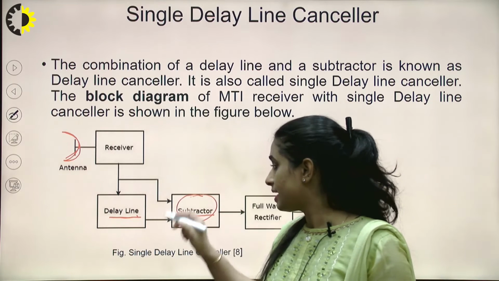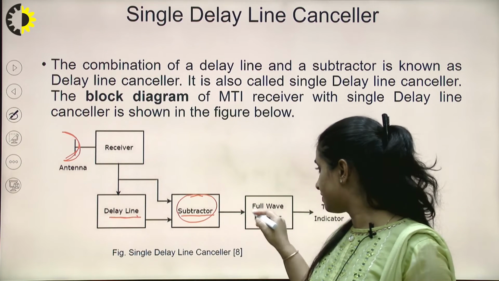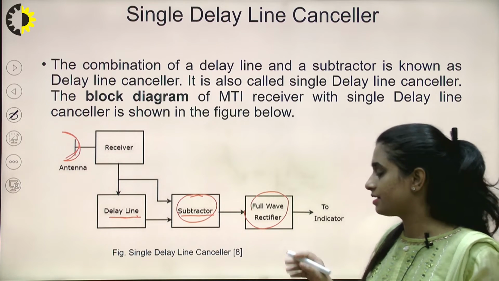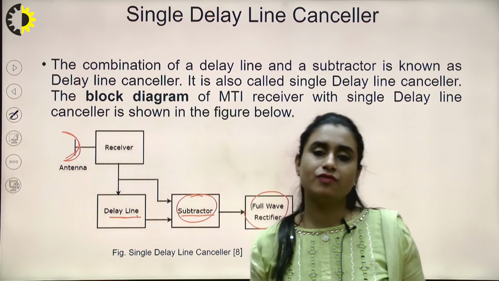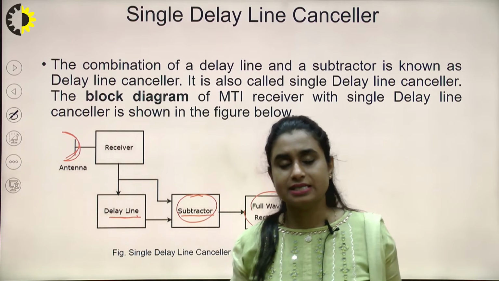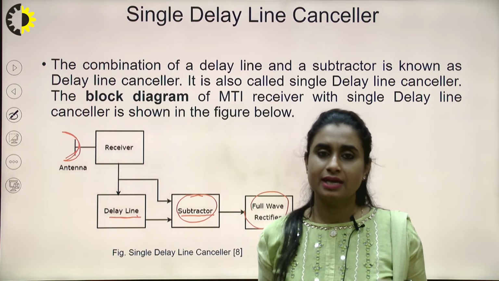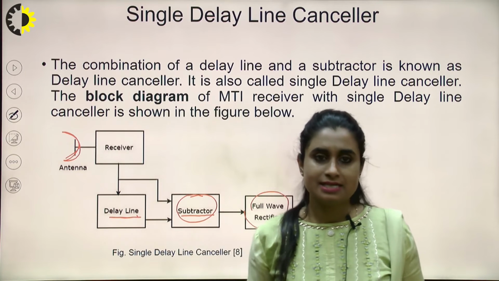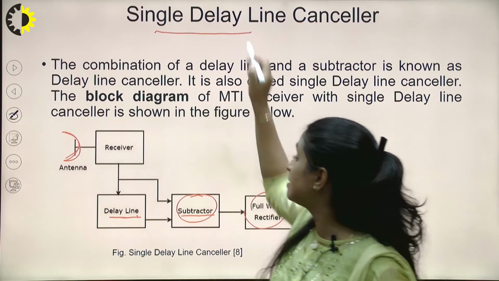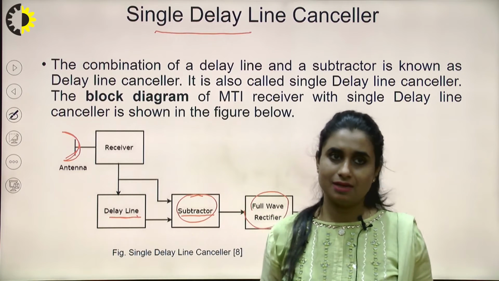the subtractor, if we receive some difference, then that difference goes to a full wave rectifier, which acts in removing my DC component, right? So the signal received because of the clutter, background noise or stationary objects in the vicinity can be removed with the help of my single delay line canceller. Why the name single delay line canceller? Because if the same arrangement is repeated twice, then that is called a double delay line canceller.